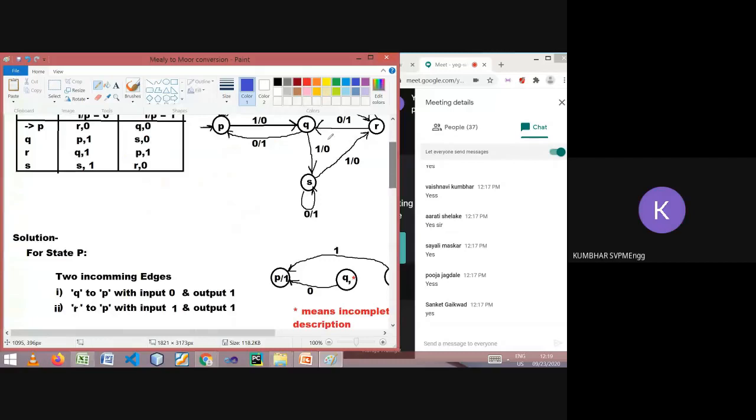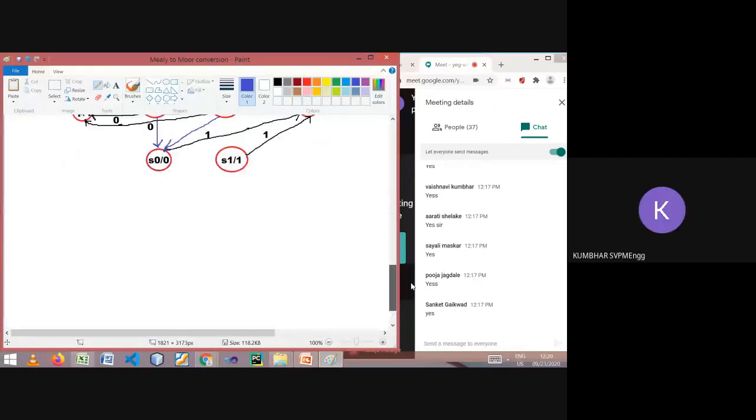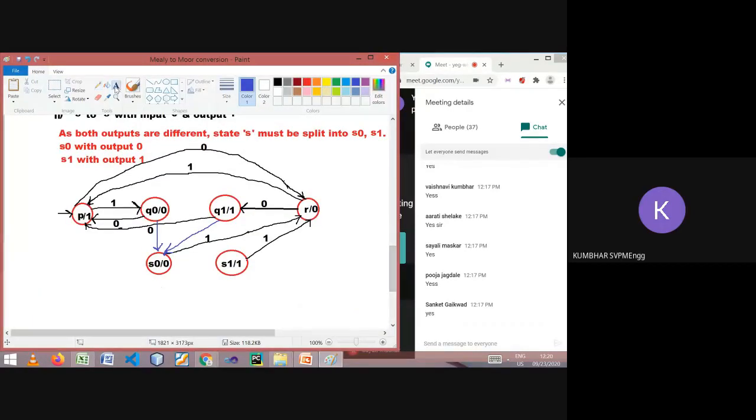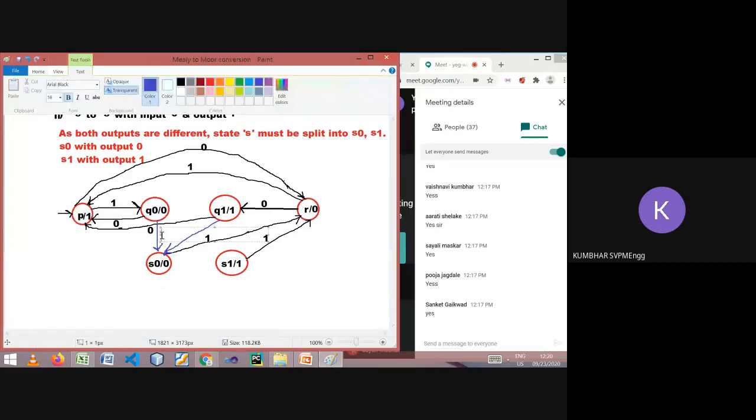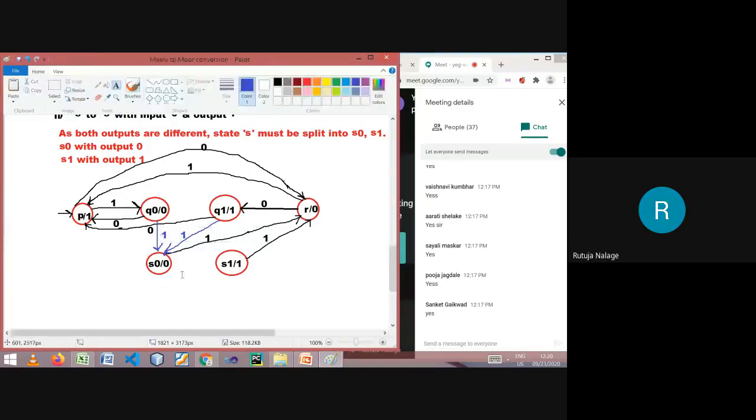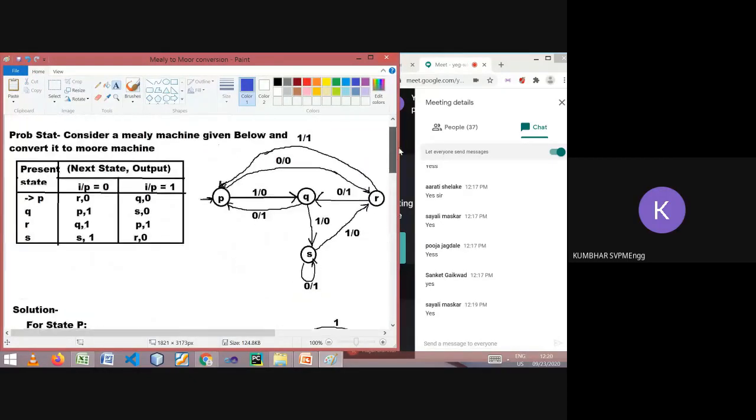Input is 1. So let me write input 1 here and for this state also 1. I hope there is no confusion. If you concentrate here, great. So this is about one incoming edge from Q.